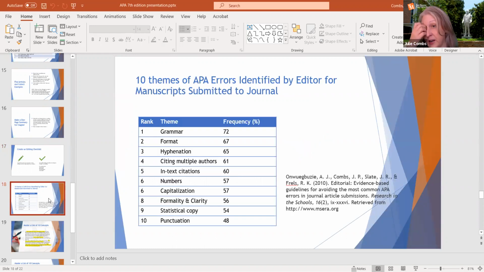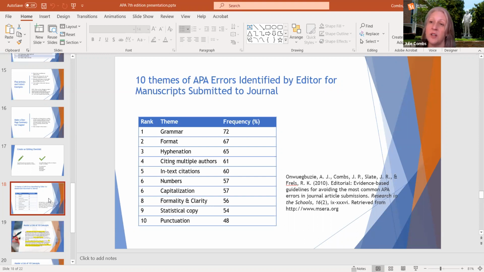Next, I wanted to share another idea with you, and that is maybe to use some evidence-based information when you're learning APA. So the evidence for some of this that I'm about to share comes from a study that we conducted about 10 years ago, where we looked at about 70 manuscripts that were submitted to a journal, and we coded and then we themed the frequency errors. So we looked at their errors, their APA errors, and then we calculated frequency, we coded, we themed. So we used both a quant and a qual data analysis approach there.